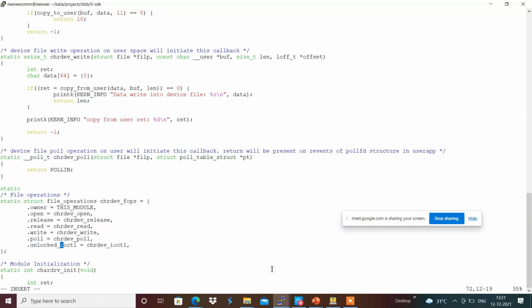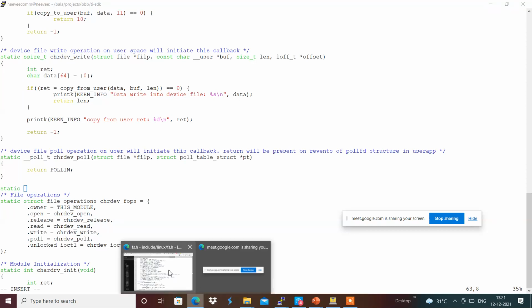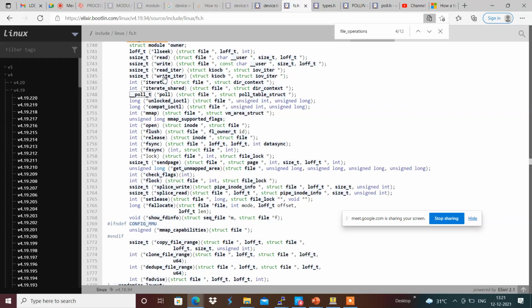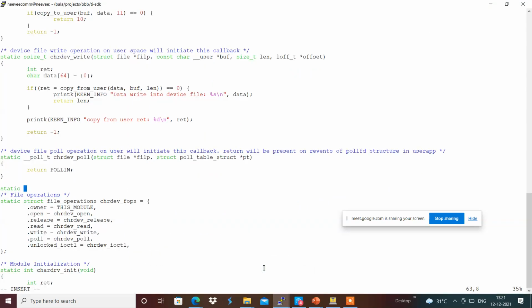So: static long chr_dev_ioctl, with struct file *file pointer, then an unsigned int command, and then an unsigned long argument. This we will be returning 0 accordingly.